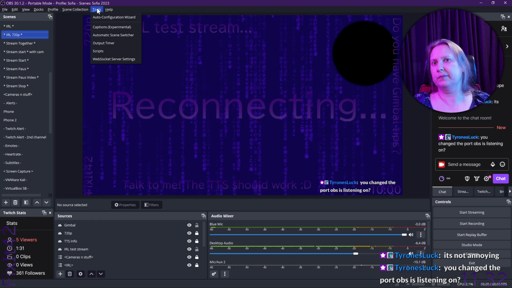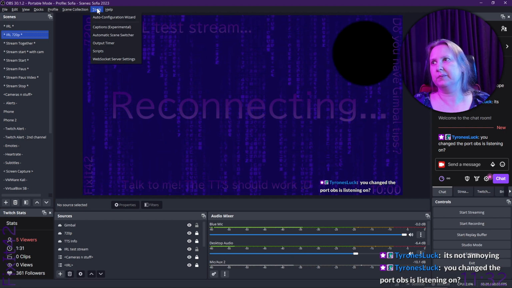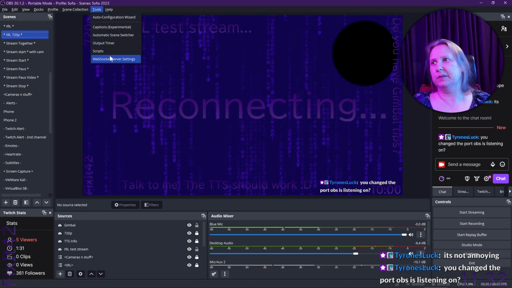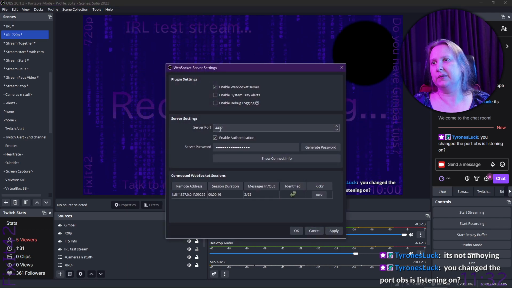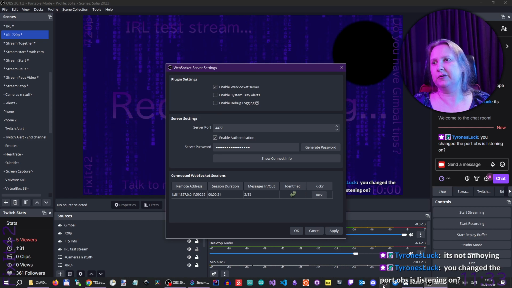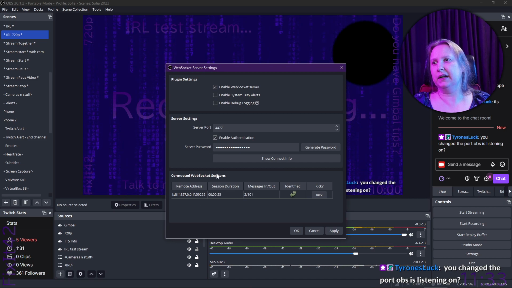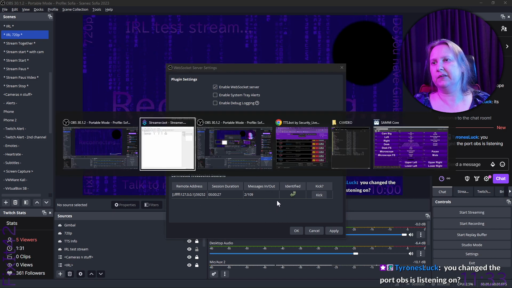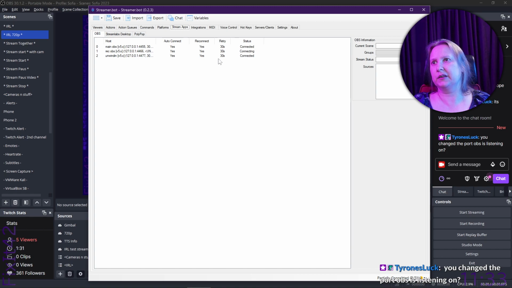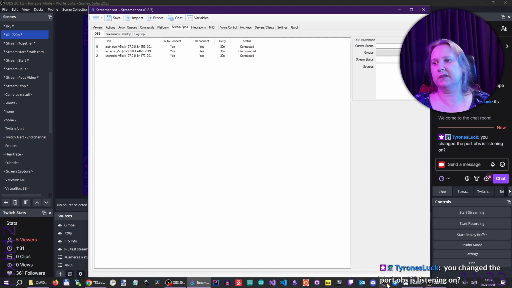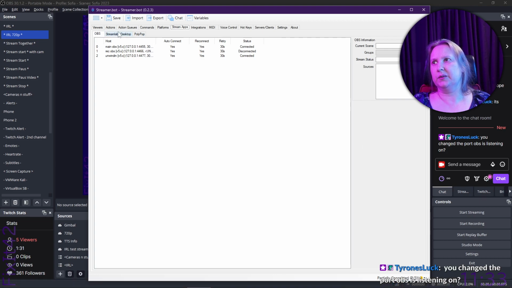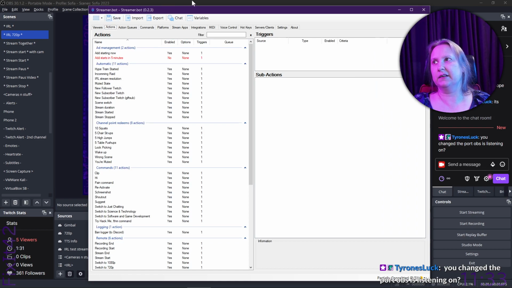You changed the port OBS is listening on? Yeah. So this is changed to 77 now. So this OBS is using 4466. And this is 4477. And as you can see, we have a connection here. So it's connected, and this is trying to connect, but this OBS is not running. So it works. So we have a connection between OBS and